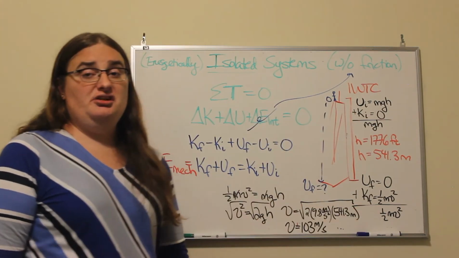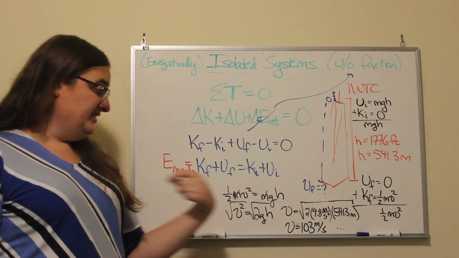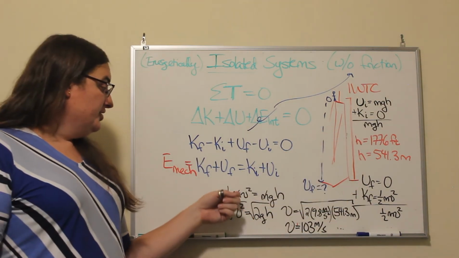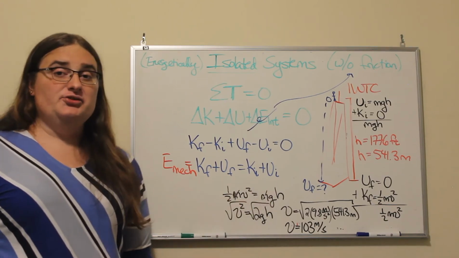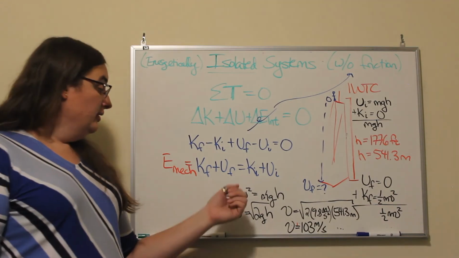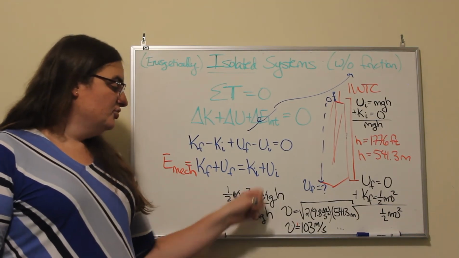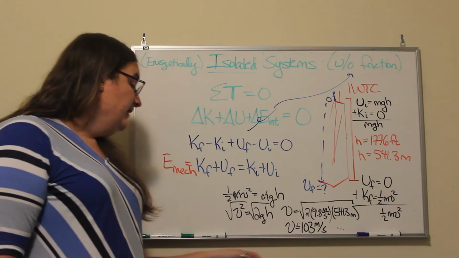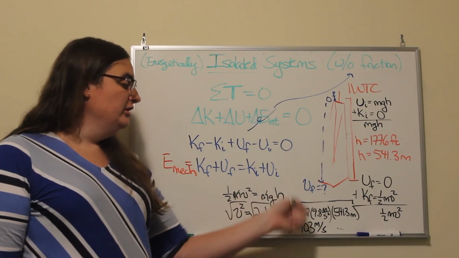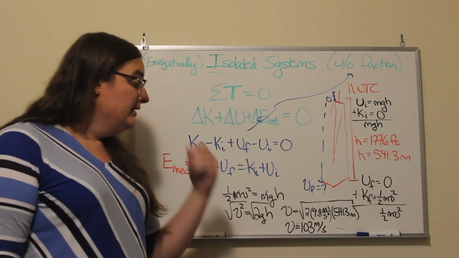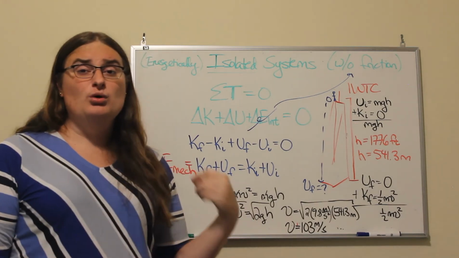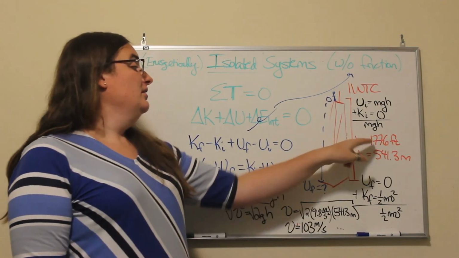My final energy is just 1/2 times the mass times the speed squared. So if I set those two energies equal to each other, the mass cancels out. I can multiply both sides by 2 so that the speed squared is 2 times gravity times the height, and the square root of that tells me the speed is going to be the square root of 2 times the strength of gravity, 9.8 meters per second squared, times the height of One World Trade Center, which the height is